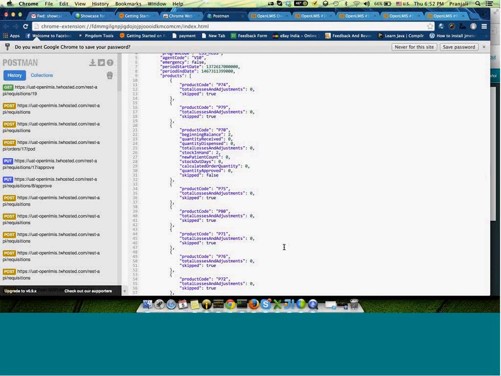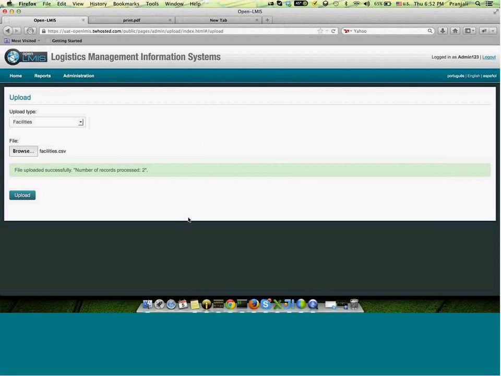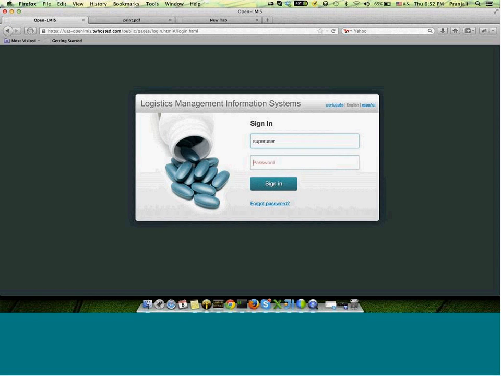Moving to next, so this was all about contract. Now I'm moving further to our skip product feature. In previous showcases, we have mentioned how the skip product feature will work. In this iteration, we have enhanced our view RNR screen. So if I log out and log in as a super user who has most of the rights,